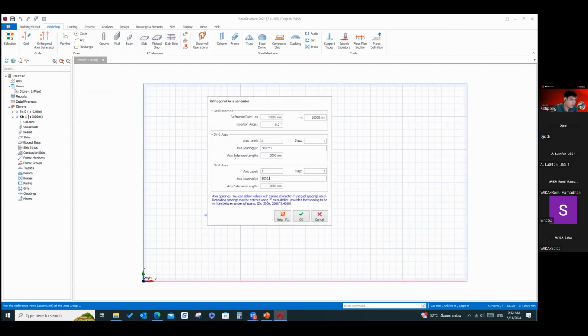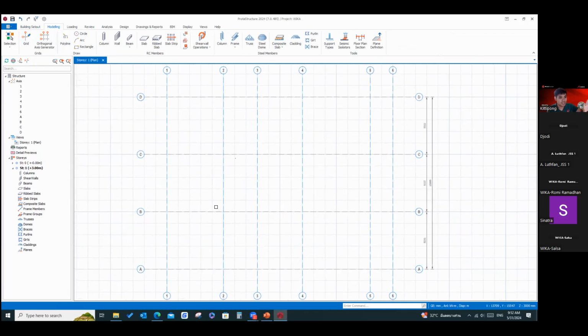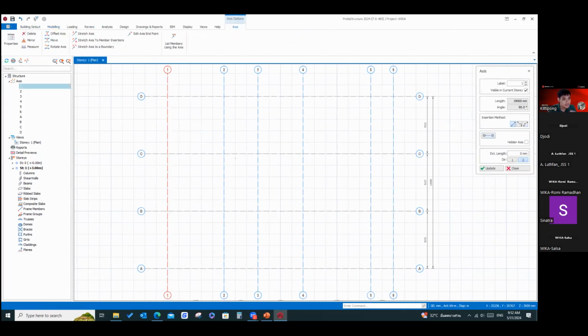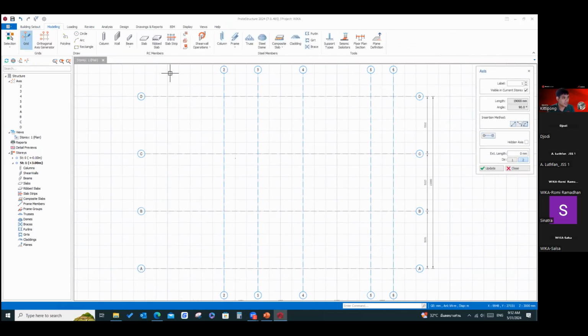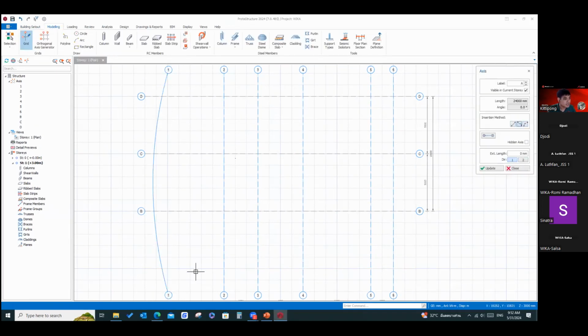So I can make it simple for you. We input the grid line spacing like this. It's quite easy. Or you can import from the BIM or the CAD file, something like that. The grid line in Prota is quite independent, so you can modify whatever you want. See? So it can cover all the architecture design.